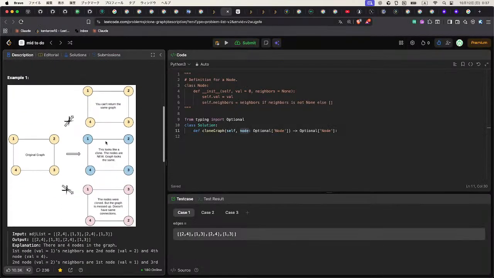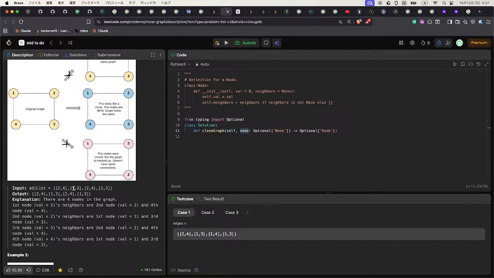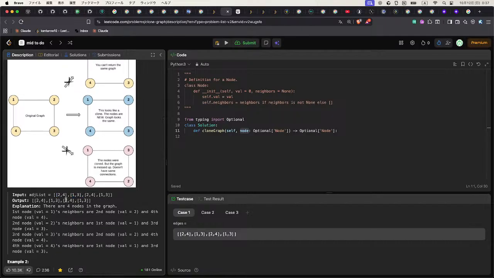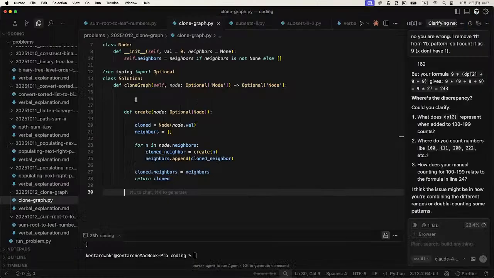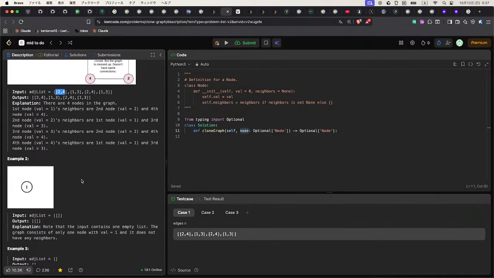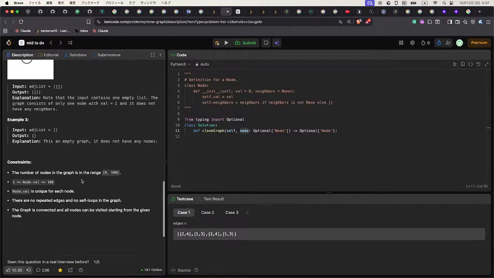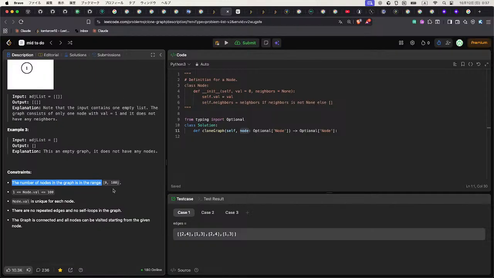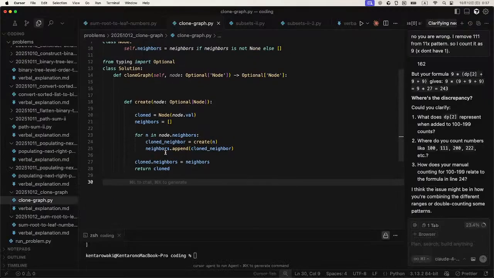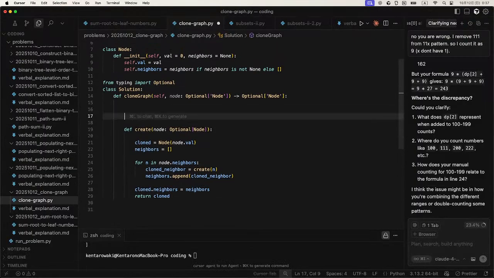But there is one problem, cause yep, the 1 have 2 and 4, so at this time 2 and 4 is created. So maybe we have to memorize it,